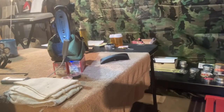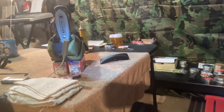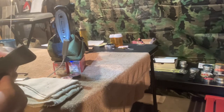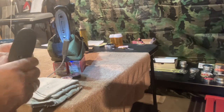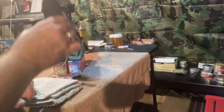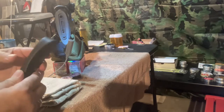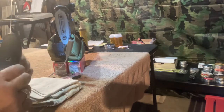Now, the second thing I needed to adjust wasn't really an adjustment. I needed to tighten down something. The butt plate pad kept, I thought it was the pad, kept moving on me. It would not up and down, but it would rotate side to side, or at least I thought that's what was happening. But what actually was happening, now there's no mention in the instruction manual that the butt pad is adjustable, or how to adjust it, but,